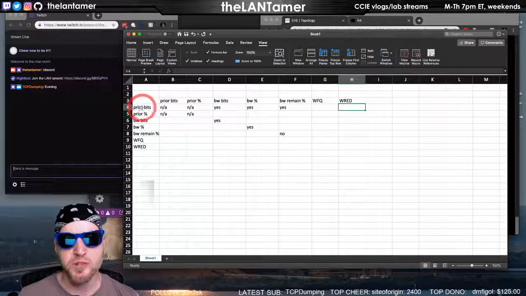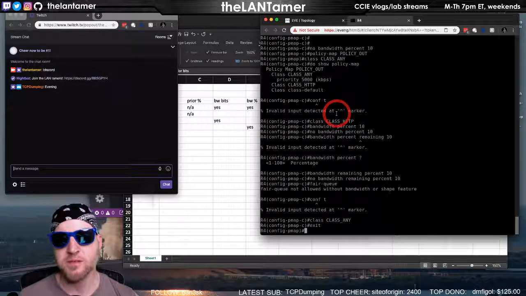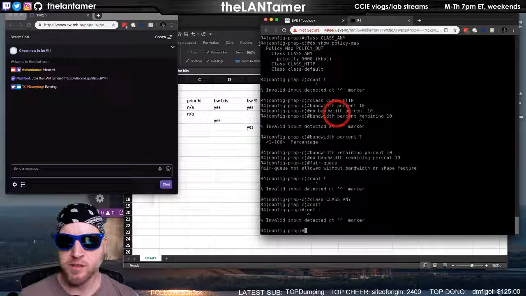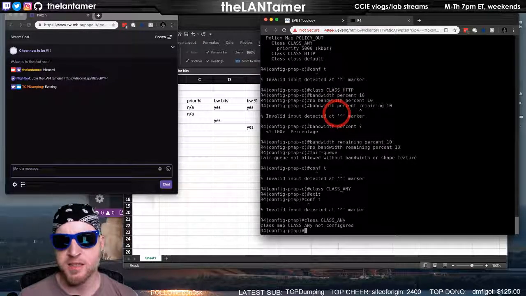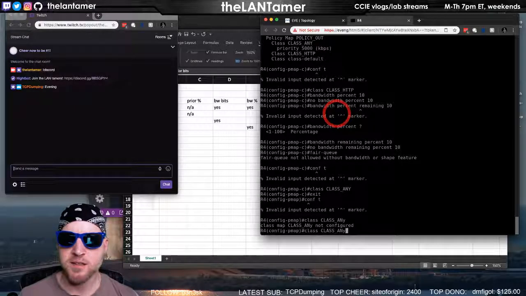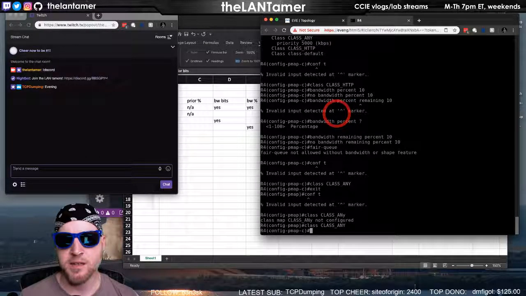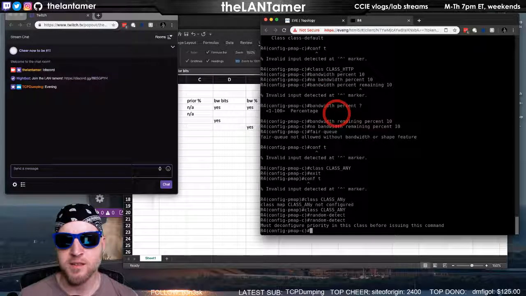So we know that WRED will not work with priority bits. It will not work in the same queue. Those are mutually exclusive. So if I do, for example, in class any, and I do random detect, yeah, you must deconfigure priority.